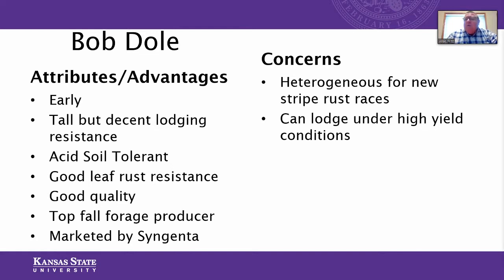So management with a growth regulator, if you're really worried about that, or there are some situations if you're just really expecting really high yields, that maybe Bob Dole isn't the right choice because of that lodging potential. So for us, it's been a really, really good variety. I think the biggest weakness is probably just that early maturity can cause it to get bit a little bit